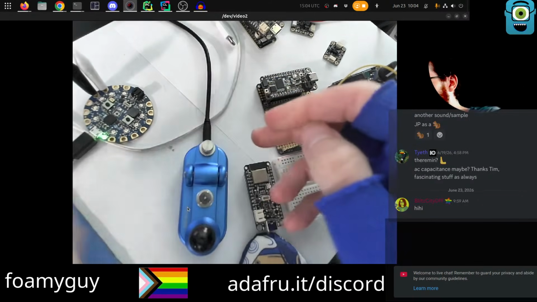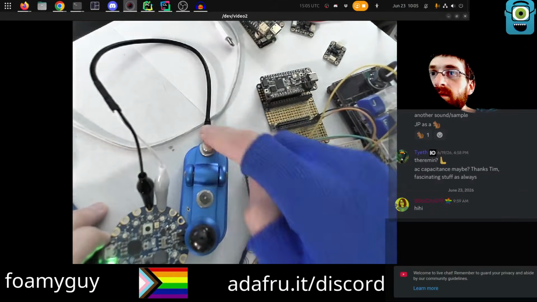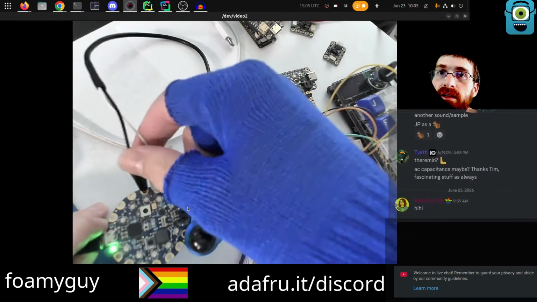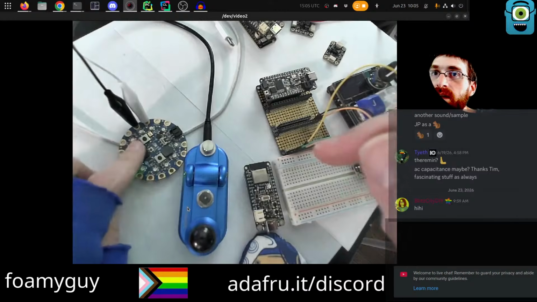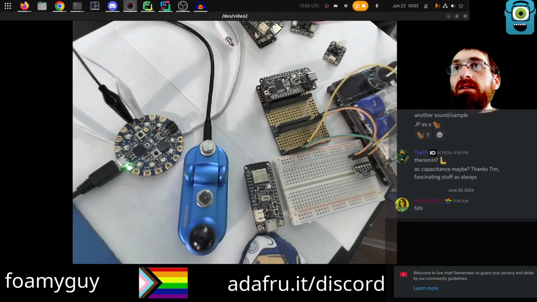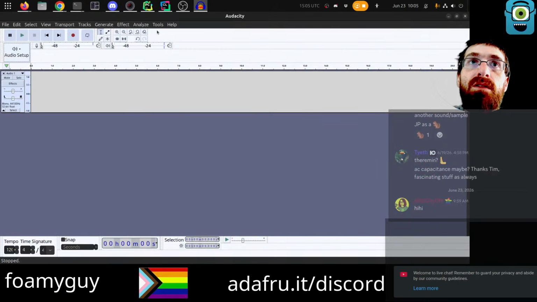There is a 3.5mm cable plugged in, and in this case I have a cable that goes from a 3.5mm plug to alligator clips, and I just have them connected to a Circuit Playground Bluefruit. The USB cable there is plugging the Bluefruit into my computer. And so what these new USB audio capabilities do